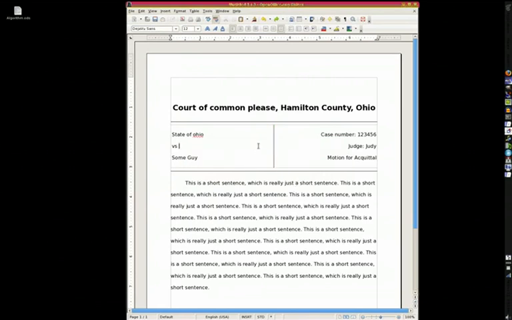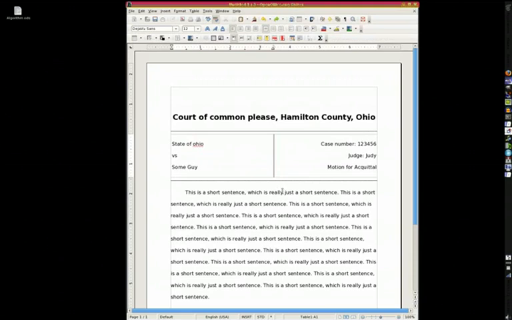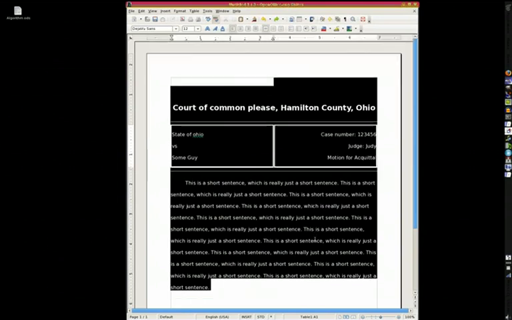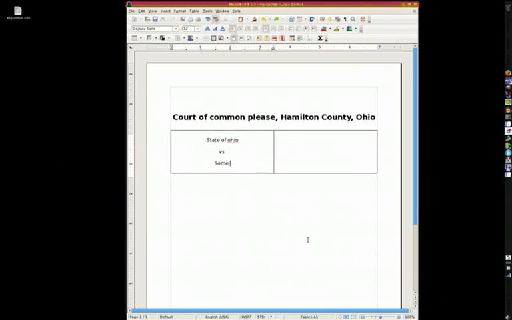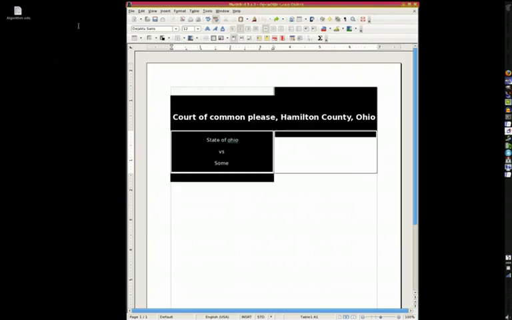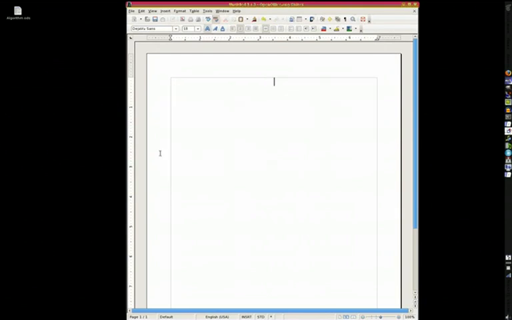Alright, another thing with tables is you have many options with tables. Let's empty this document out. What? No more undo levels, alright. There, empty document. Now we're going to create a table with